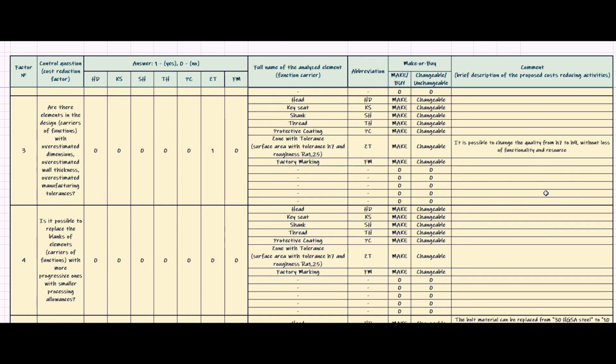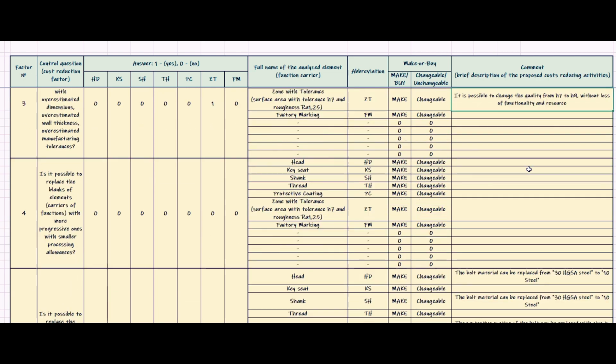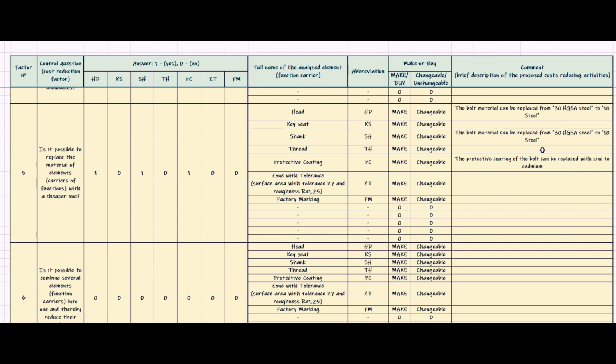In particular, there is the possibility of changing the quality of the smooth part of the bolt from H7 to H9, the possibility of replacing the bolt material from steel 13 to steel 10, and changing the type of protective coating from zinc to cadmium. The assignment of ones and zeros, as well as filling the comment column,